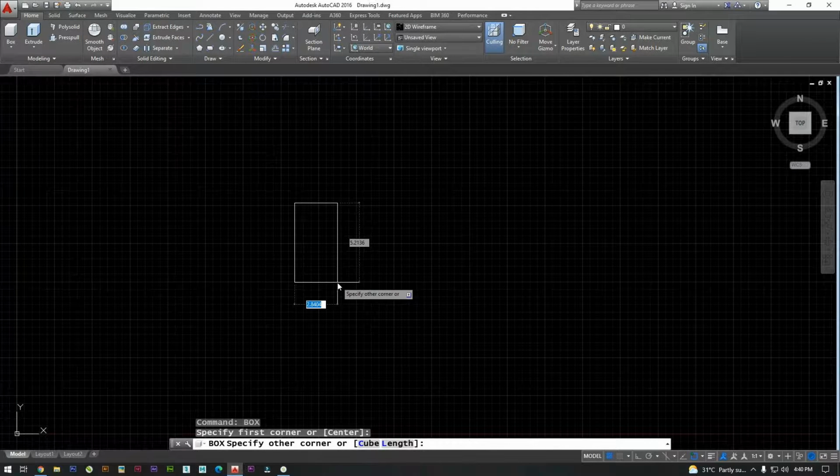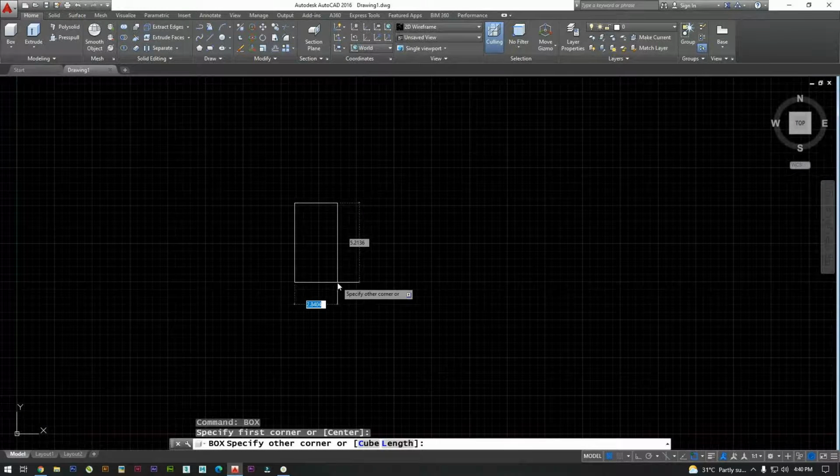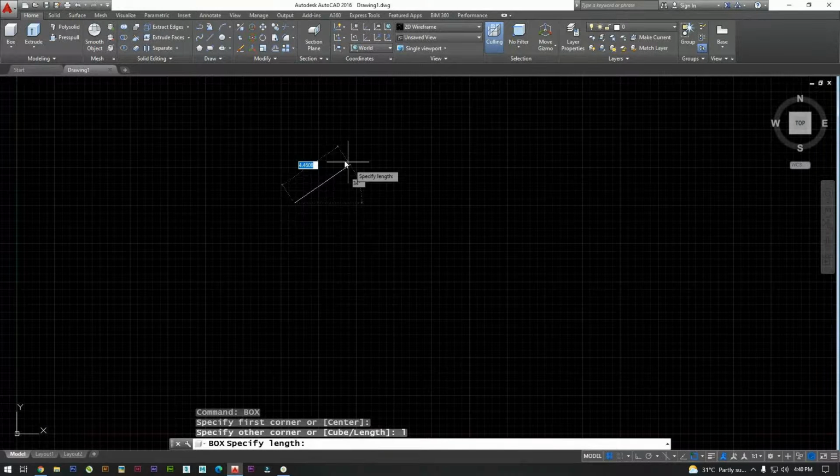We have to enter the height and the length of the box. Now it's something like this. Can you see the screen, right?